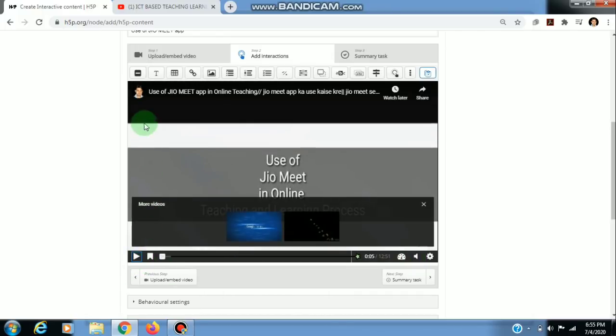Now we can use all these options, such as this label. We can add text, table, link, image, statements, single choice, multiple choice, true false, fill in the blanks, drag and drop, mark the words, drag text, crossroads, navigation hotspots, and some more elements from here.